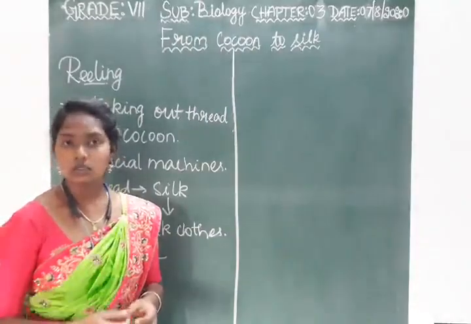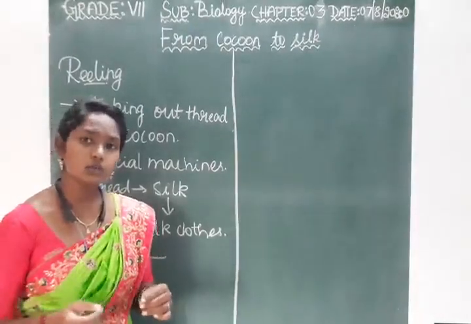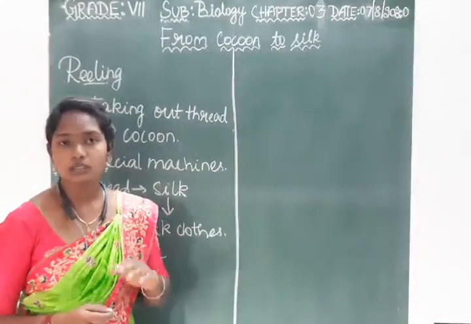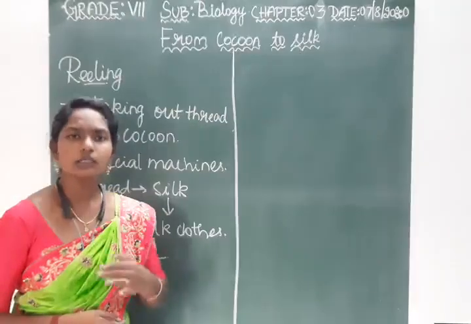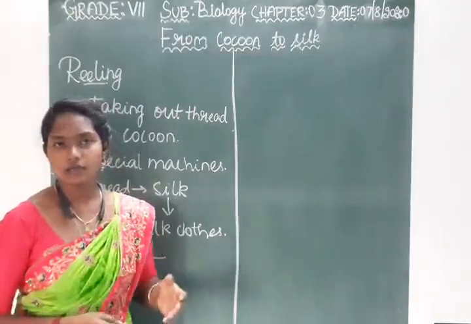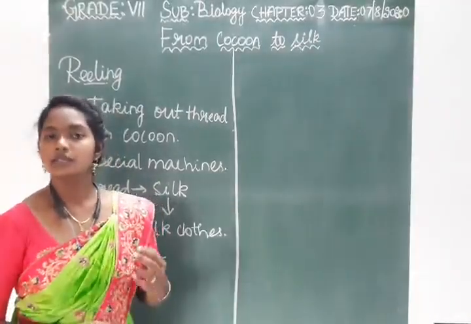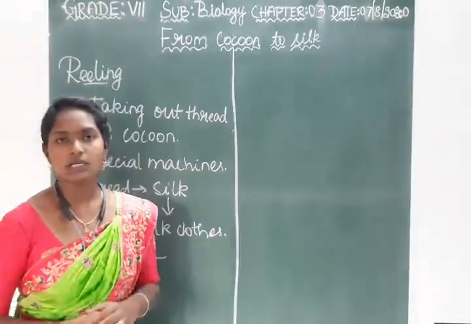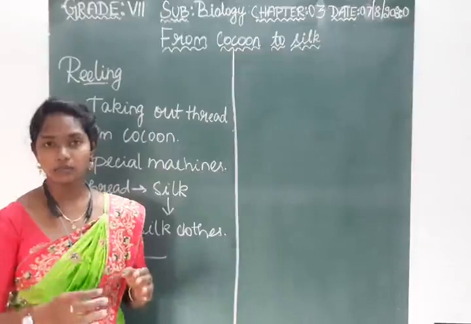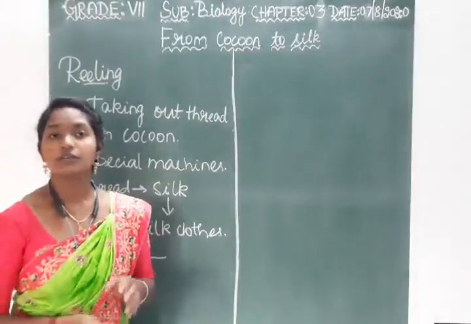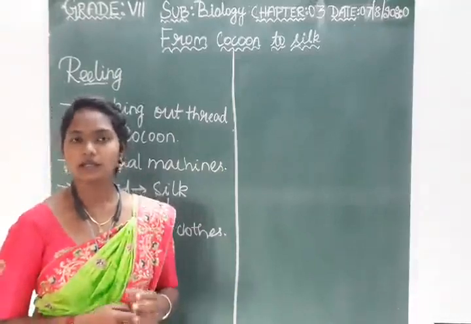Accidentally, one day a cocoon dropped into her tea and started to unravel a delicate, shining thread. She gave this to the silk industries and they wove it into cloths, and this was kept as a secret for 100 years. Later on, the traders and weavers introduced this silk to other countries. This route is still called the Silk Route. This is how silk came to other countries. The first leading producer of silk is China.